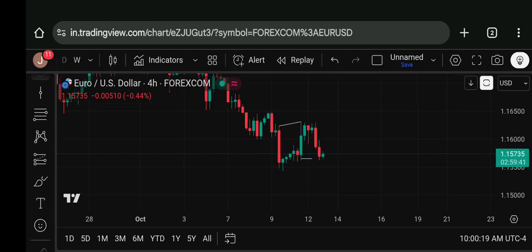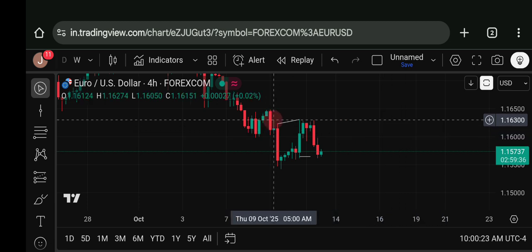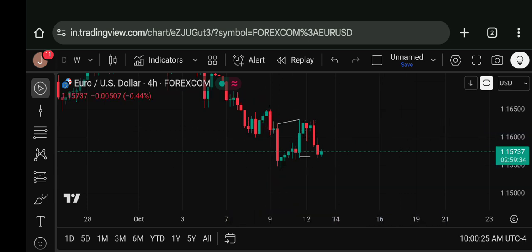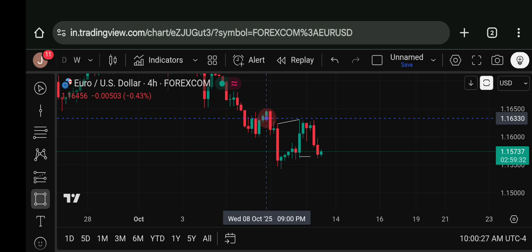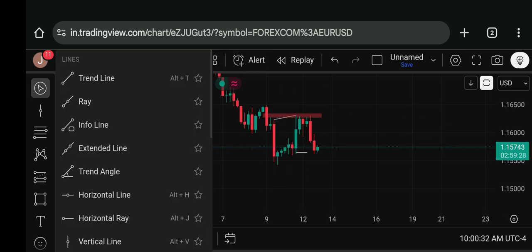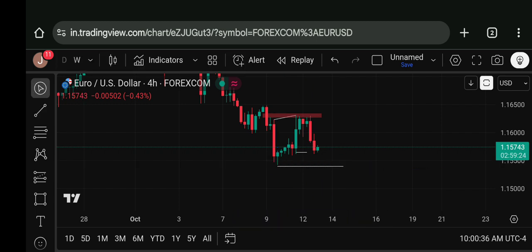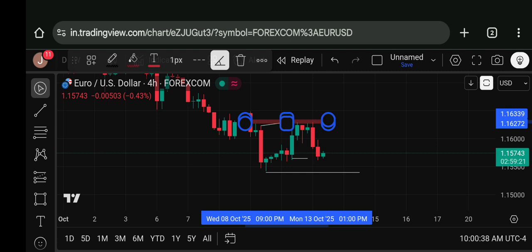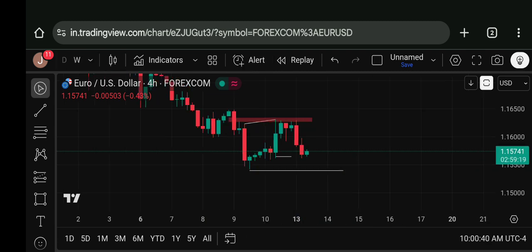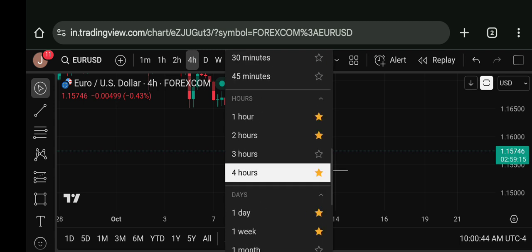Guys, you can see that here there is a 4-hour internal range liquidity to this external range liquidity as our higher time frame bias. You can see that here 4-hour internal to this external range liquidity as our bias, guys. You can see that here 4-hour bearish fair value gap to this sell side liquidity, and then